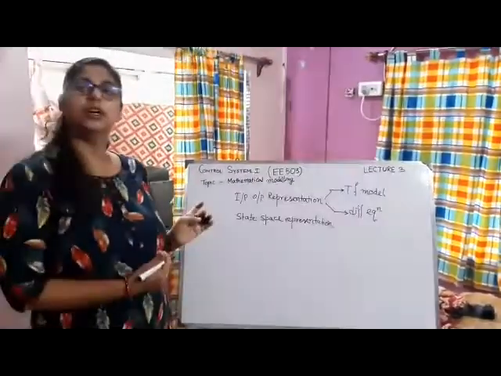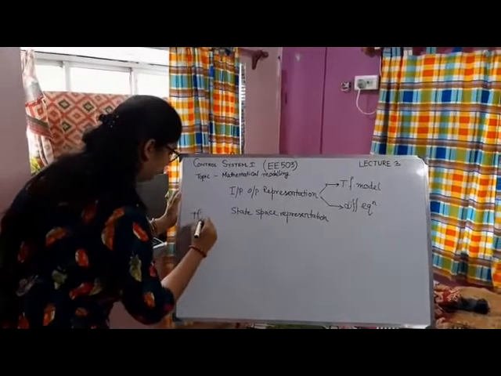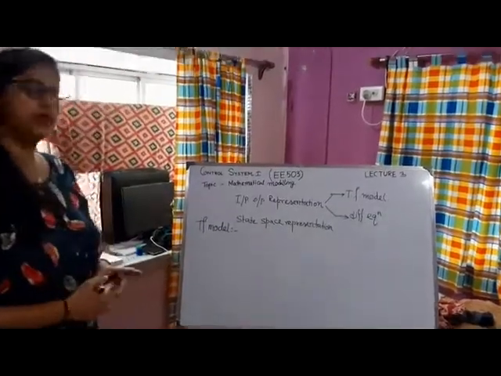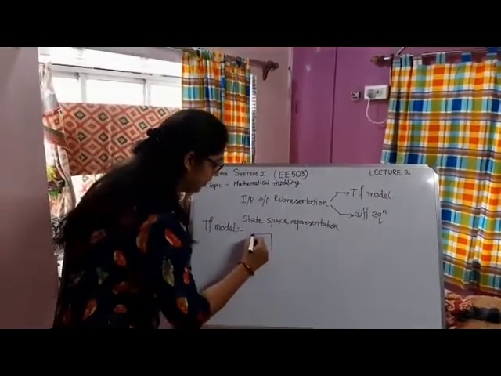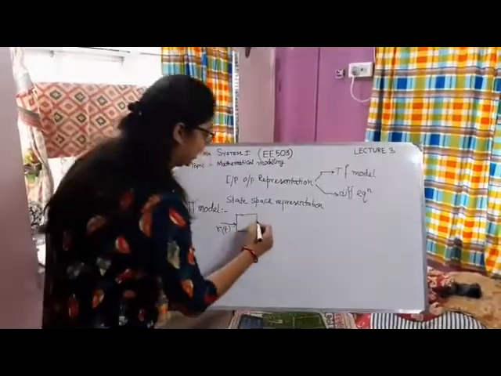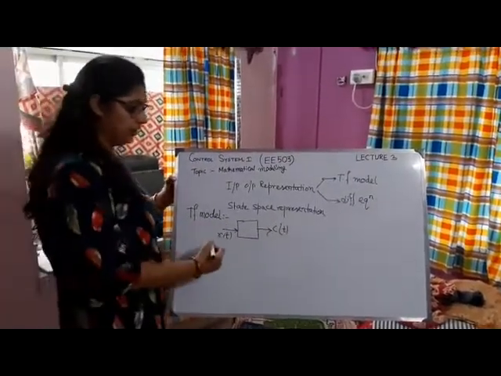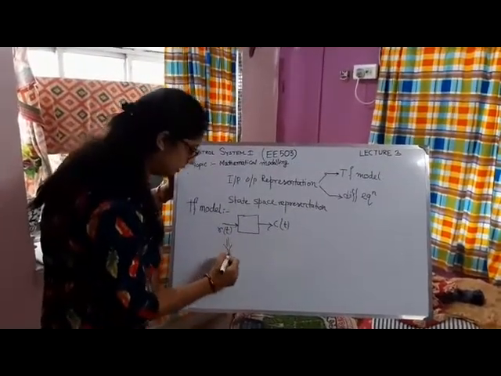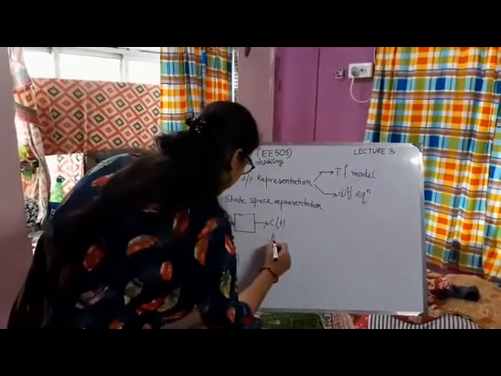So first we will start with the transfer function model. So what is a transfer function? Suppose we consider a system whose input in the time domain is r(t), and according to this r(t) the output c(t) is produced. Now we can convert this time domain into the Laplace domain. So it becomes R(s), and it is always represented by a capital letter, and the output is represented by C(s).